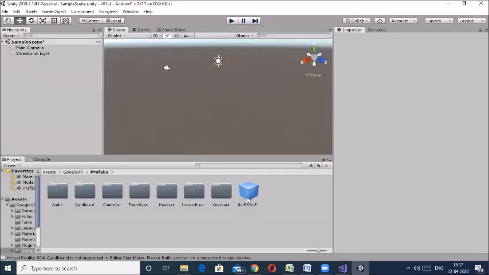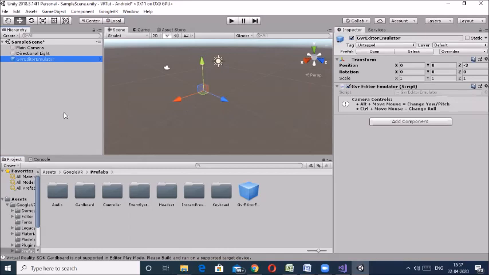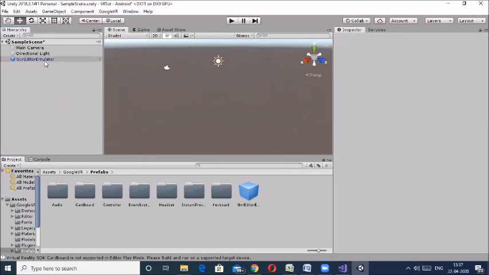This is the significance of the GVR Editor Emulator. It's just an emulator of your mobile's gyroscope, because when you install this app on your mobile, there is no alt button, so it uses the gyroscope for rotating the screen as per your head movement.